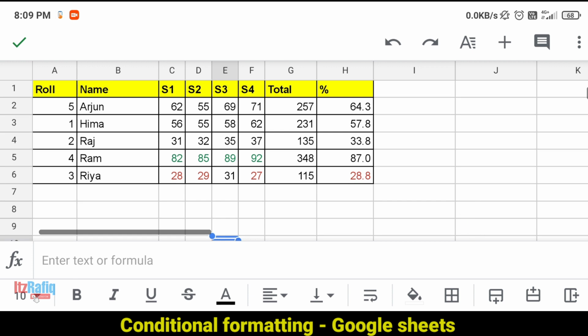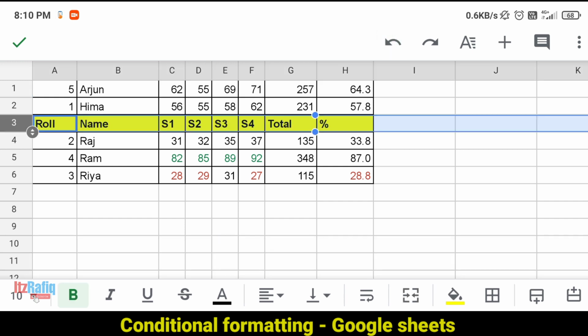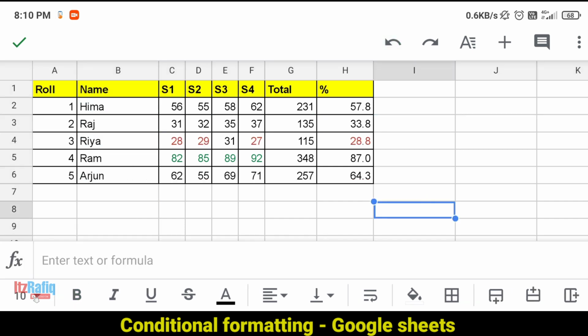So now the names are in alphabetical order. Again, if you want to go to the previous state, you can do undo. So it was my previous state.